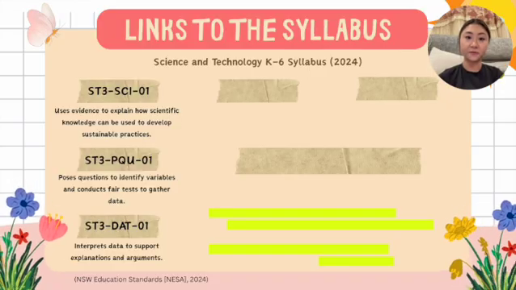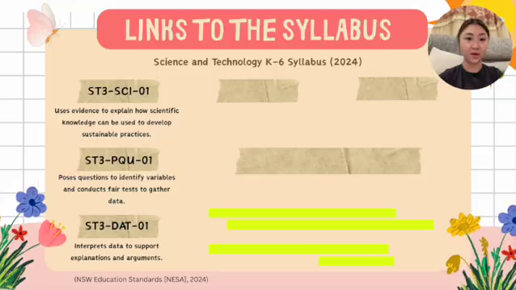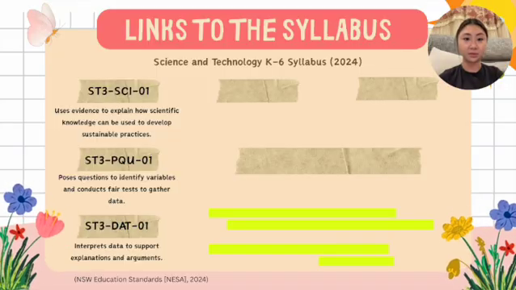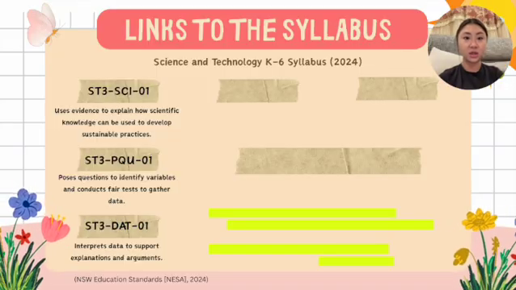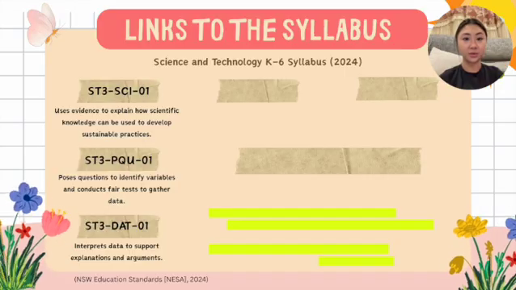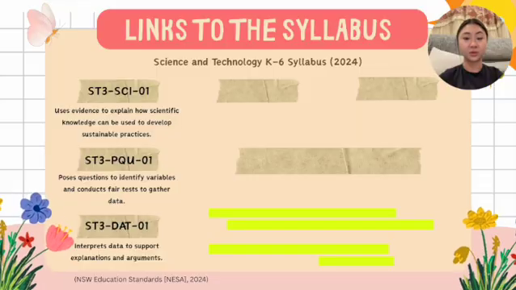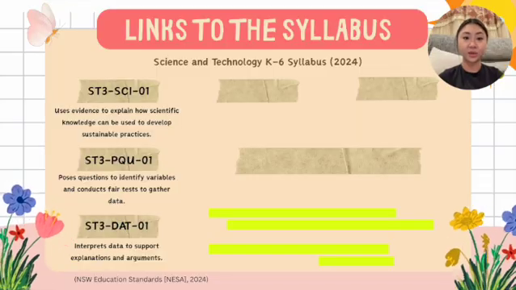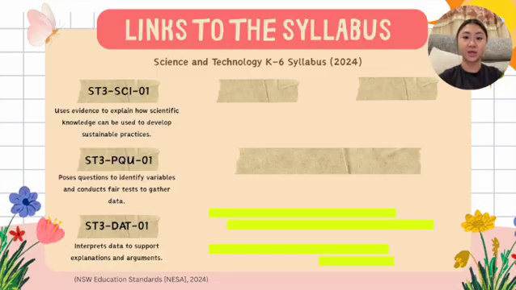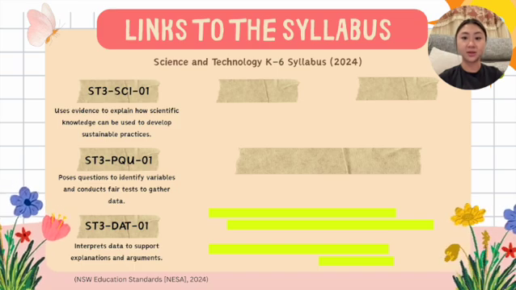ST3DDT01. I followed the full design process when creating my flower model. First, I researched and planned my idea using sketches and notes. Next, I designed and built my prototype using clay foam and magnets to see how all the parts would fit together. After testing the prototype, I evaluated it and made modifications to improve how easily the parts could be taken